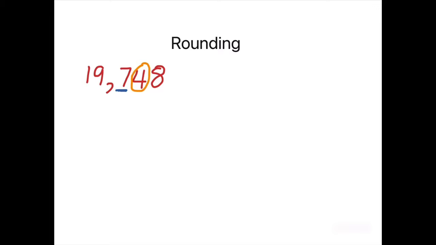Now, if the circle digit is 0, 1, 2, 3, or 4, the rounding place stays the same. If the circle digit is 5 or greater, meaning 5, 6, 7, 8, or 9, the rounding place increases. Now, sometimes if the rounding place has to increase, the numbers that come before it may also increase. So another strategy you can use is you box those numbers and the rounding place and think of it as